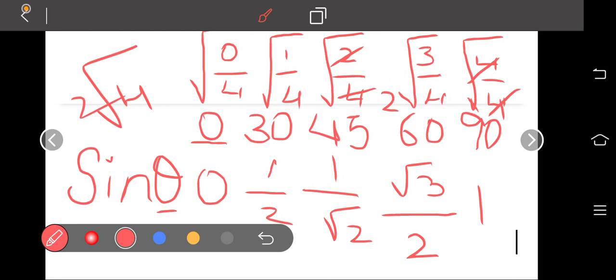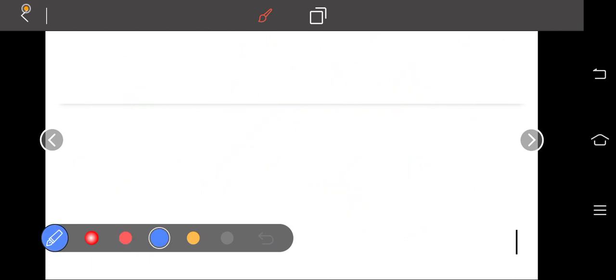Now you may ask, how can you derive cos value from the sine? So we got sine for 0 degrees 0, 30 degrees 1 by 2, 45 degrees 1 by root 2, 60 degrees root 3 by 2 and 90 degrees is 1. So it will be the reciprocal or opposite for sine theta. That means you can say cos theta equals to,